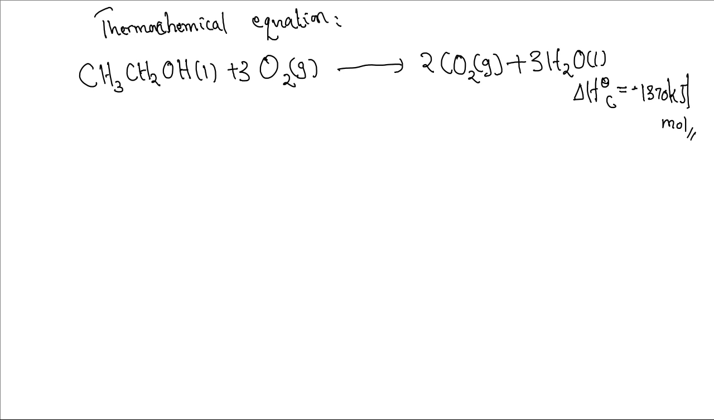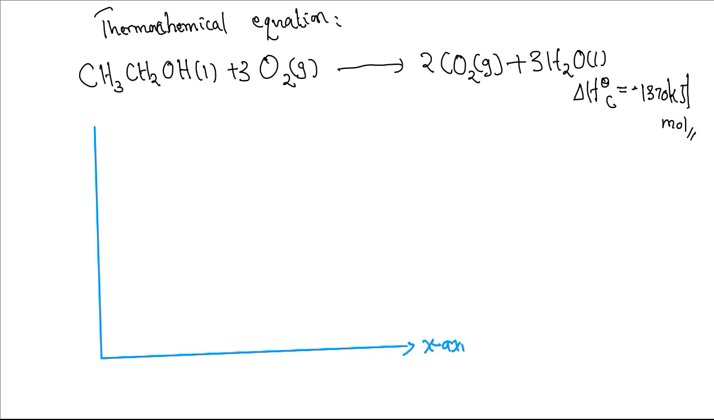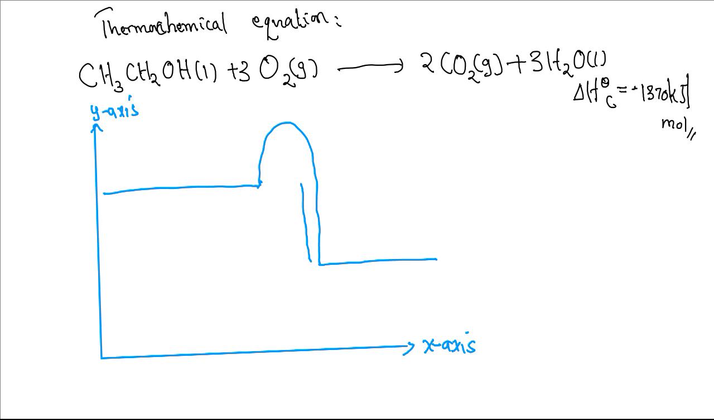This is the y-axis, x-axis, so that is for the reactants. Activation energy included, so we'll have that as the product. So we call this activation energy. Delta H standard combustion is equal to negative